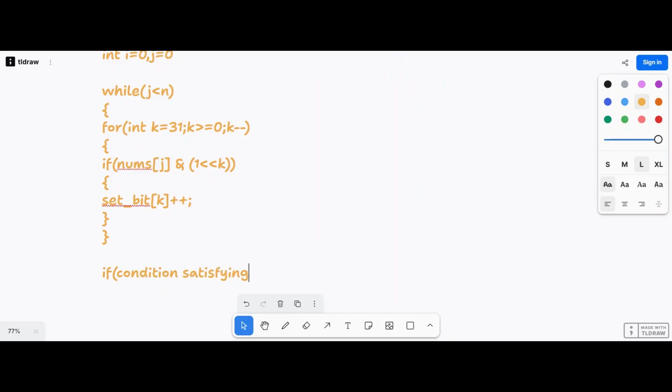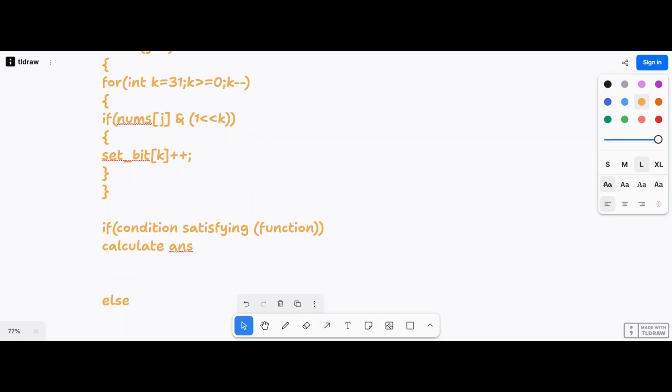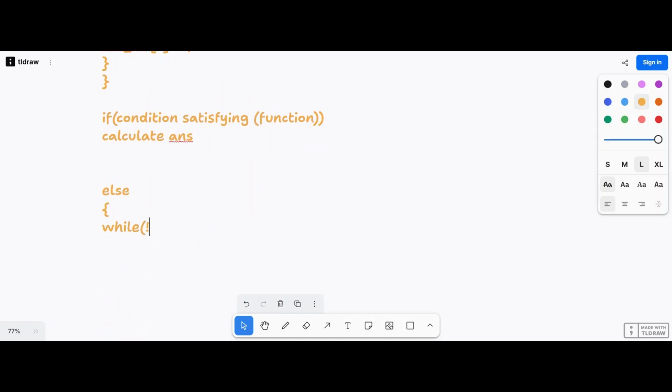We will make one function outside of our main function. If the condition is satisfied, this is a different function, a safe function or function-satisfying, something like that. Then we will calculate the answer, whatever is asked. And then in the else part, while the function does not satisfy the condition, while not satisfies function and i less than equal to j,